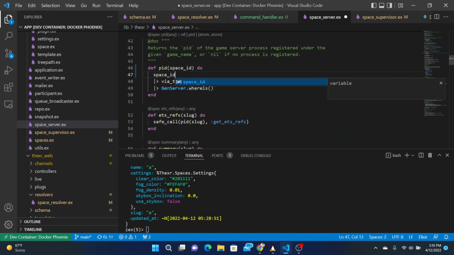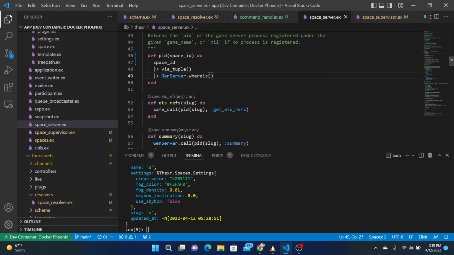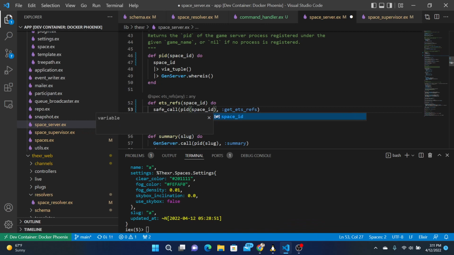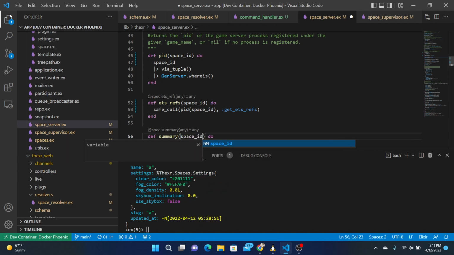ID via tuple, blah blah blah blah. ETS refs should also use space ID. Essentially, every place that's using a slug should use a space ID.